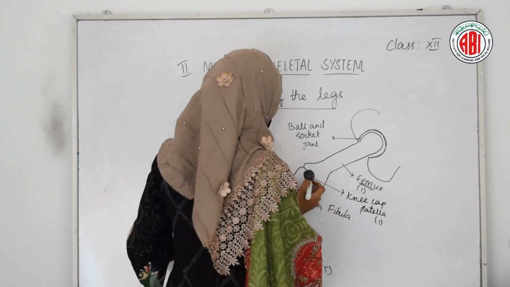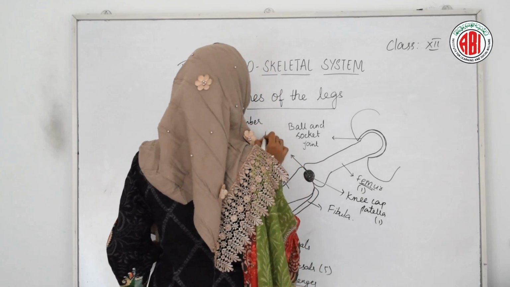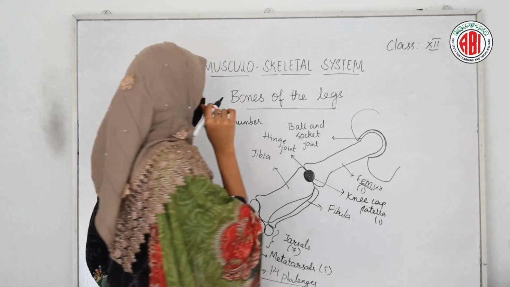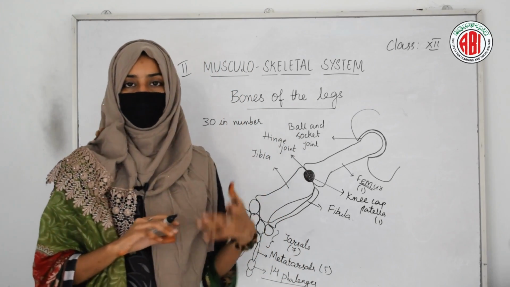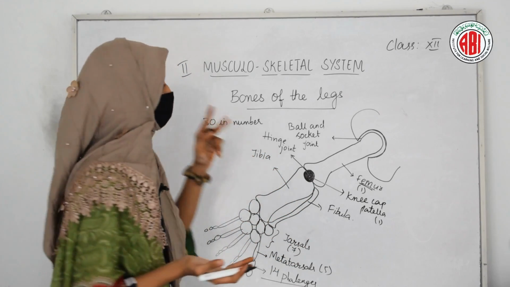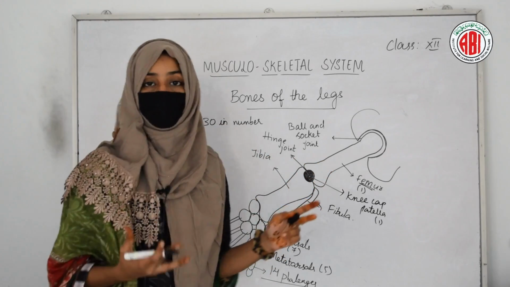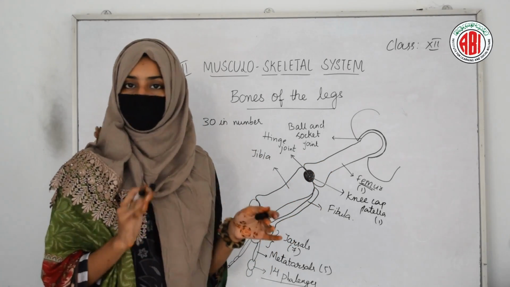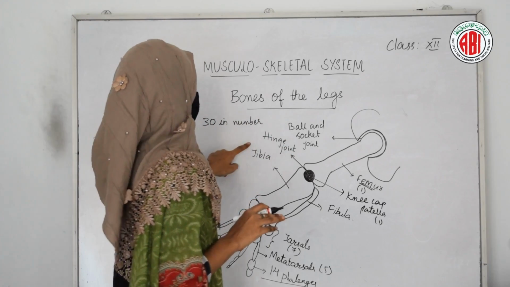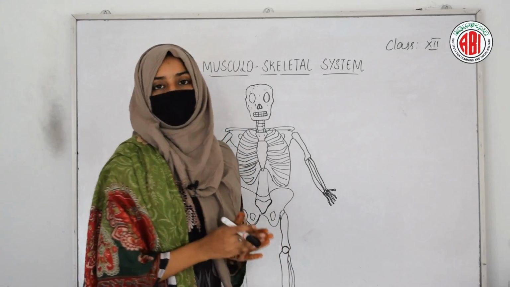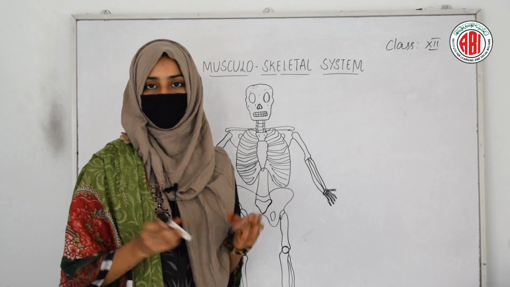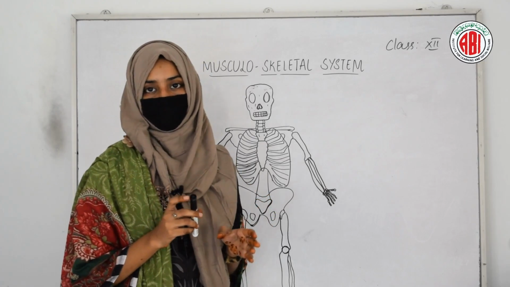Likewise, in the knee, at the region of our knee, you can find a hinge joint again. So in the bones of our arm as well as in between the bones of our leg, two main joints are present, that are synovial joints that allow the free movement of our bones, and that are ball and socket joint and hinge joint. Now, with the help of this diagram, we will see the differences between the bones of our arm and the bones of our legs.